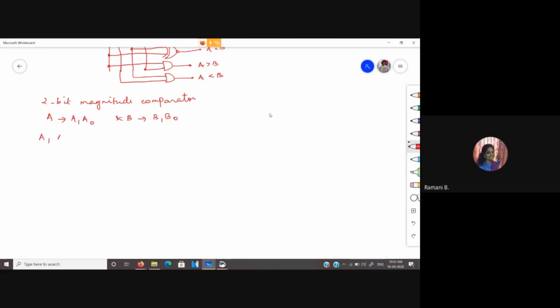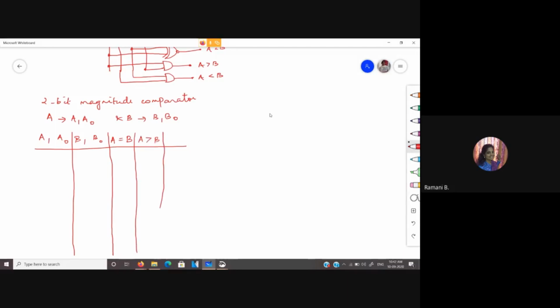So your table will be slightly a bigger one. So A equal to B, A greater than B, and A less than B.